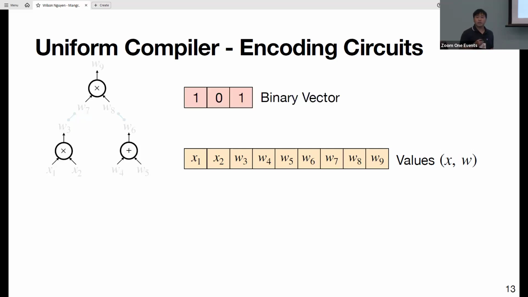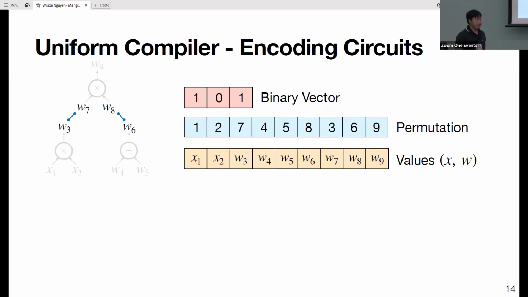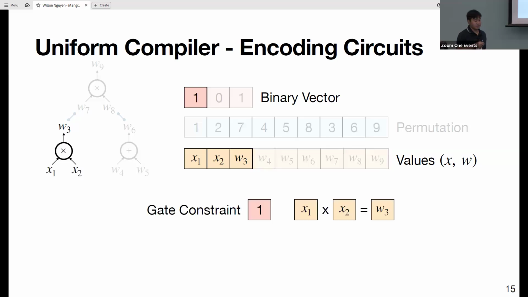We can encode the types of gates that each triple must satisfy by the use of a binary vector, in particular 1 for multiplication and 0 for addition. And finally, we can indicate which wires are connected to each other by the use of a permutation vector, as I'll describe shortly. These vectors and this encoding enforce 2 types of constraints on the values. In particular, a gate constraint, which enforces that each triple satisfy a particular type of gate,